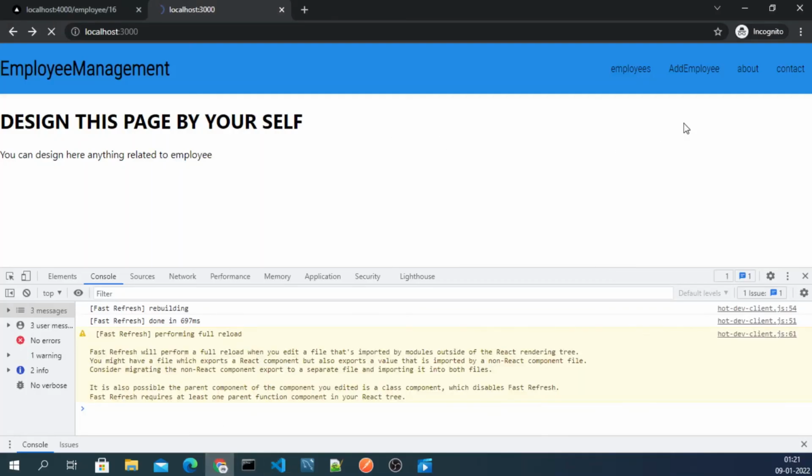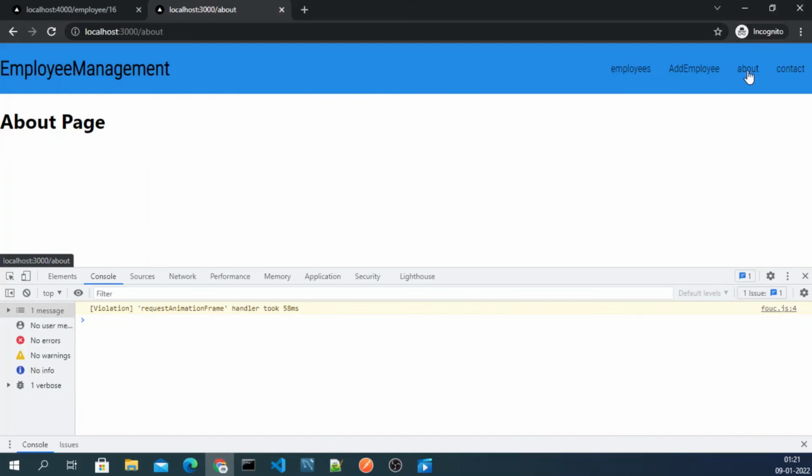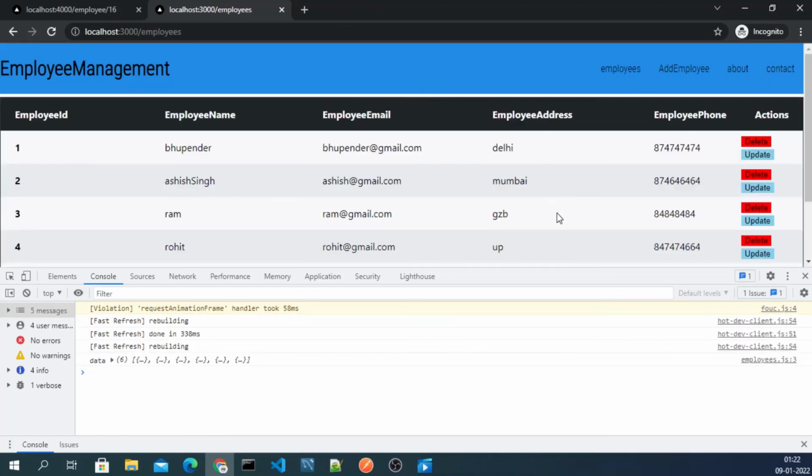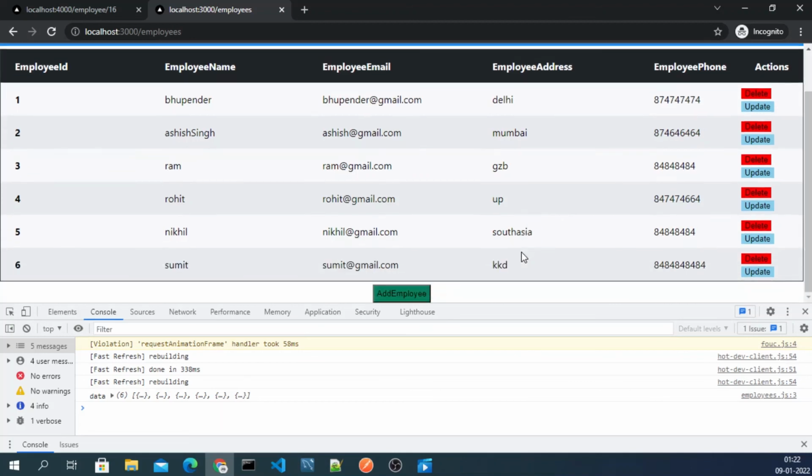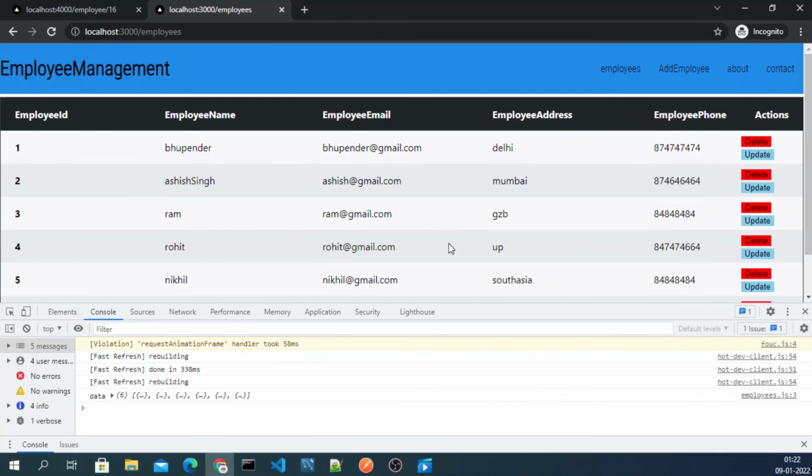Okay, so now if we go and check whether it is working or not, if I click on about, you can see guys we are getting the about page, and if you click on contact, you can see guys we are getting the contact page, right? So guys, I want you to design both of these pages, about and contact. And guys, this is what I really wanted to show you. If you want to use backend and frontend in Next.js, this is how you can use it. If you don't want to use any external server for Next.js, you can use the Next.js server as well.